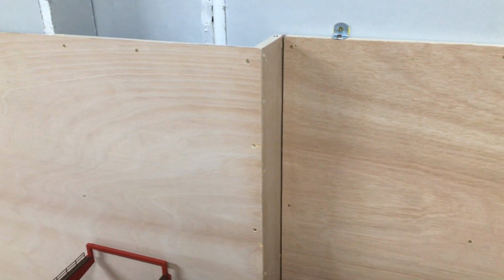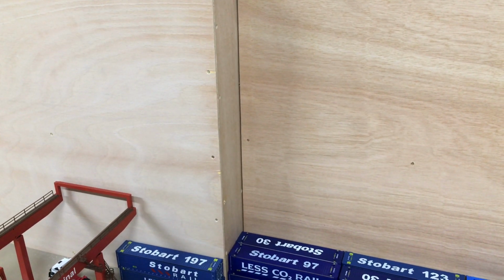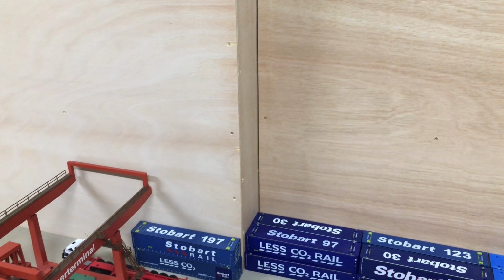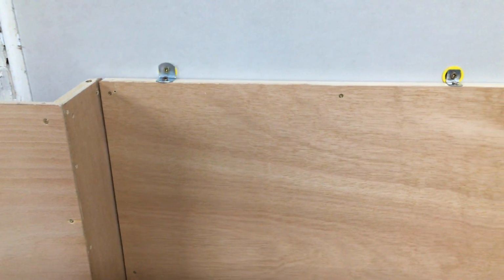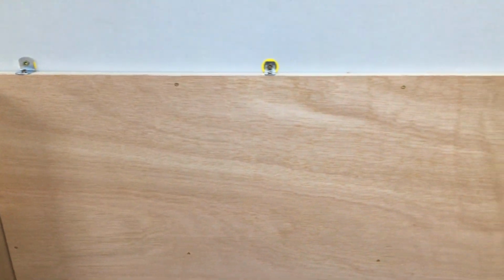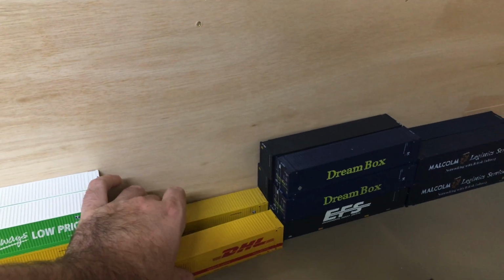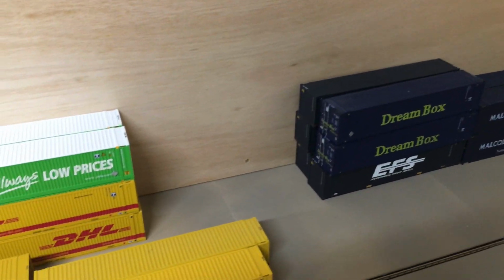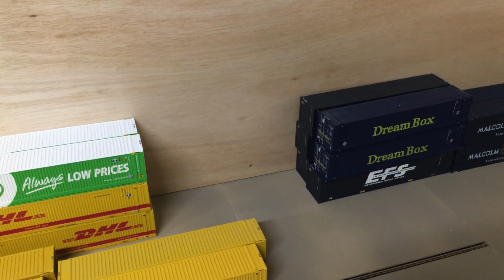So I've constructed these out of some 3mm plywood sheets and then some PSE timber behind it as just some supporting framework, and then at the top of here I've used the Grip It plasterboard fixings just to screw them in at the very top, and at the bottom, if we just move these out the way, the board then sits just above those plasticard sheets, and the plasticard sheets goes all the way